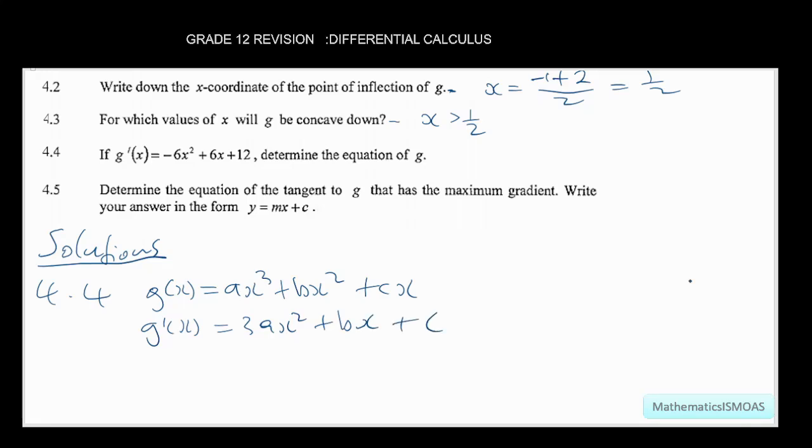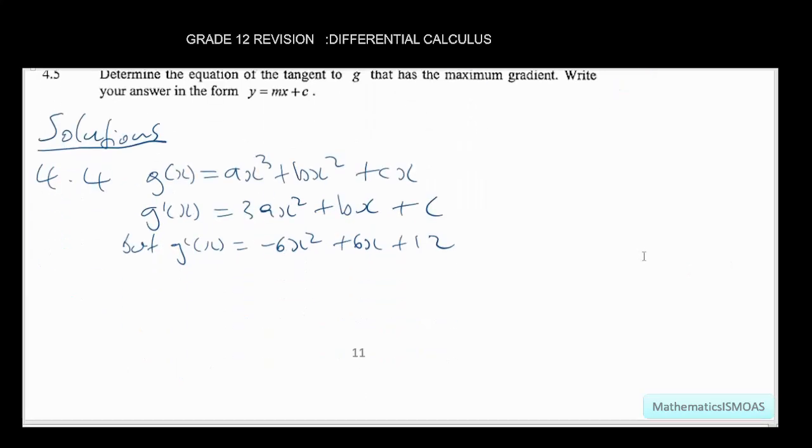But we're given the equation of g prime of x, which is also given by negative 6x squared plus 6x plus 12. Therefore, to determine the values of a, b, and c, we can say,